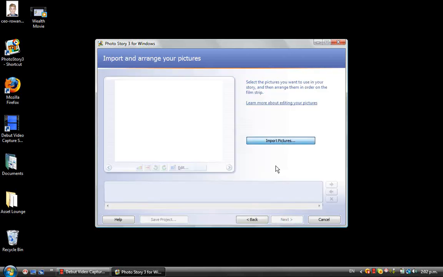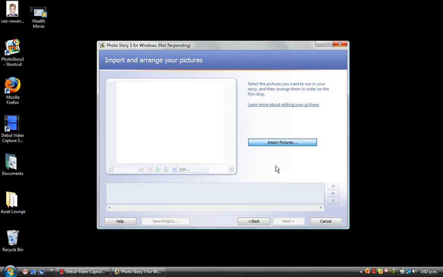What we're going to look for are some photographs, and I have some images loaded onto my hard drive. You can choose your own photographs, or you can find some online and download those to add into your story.